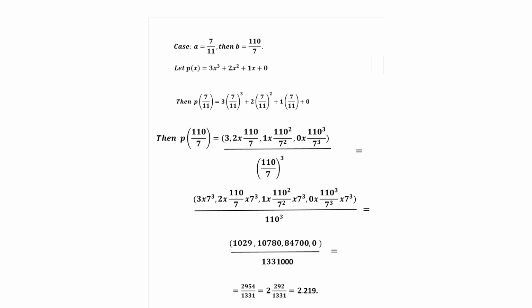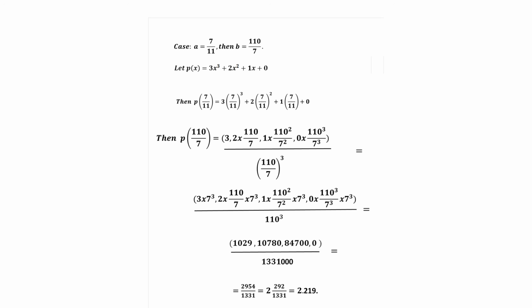And the 7 cubes would cancel in the next term, but it's 0 times it, so it's still 0. Over 110 cubed over 7 cubed times 7 cubed, and the 7 cubes cancel. So in our somewhat simplified tuple, we have the 1029, 10780, and then 84700, and a 0 divided by 1331000. When you change the tuple into an integer, you would have